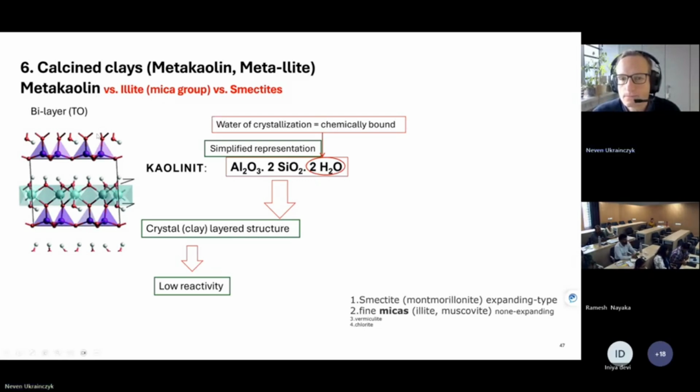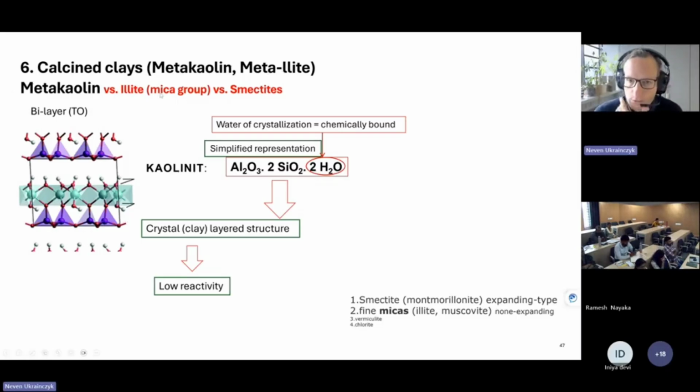So the clays in general are nowadays a very hot topic to replace cement, because they are highly reactive pozzolans, and they are also highly available. So this makes them very interesting. And here it's not only metakaolin. Metakaolin is the best, of course. The more metakaolin you have, the more reactive it is. But you have other clays